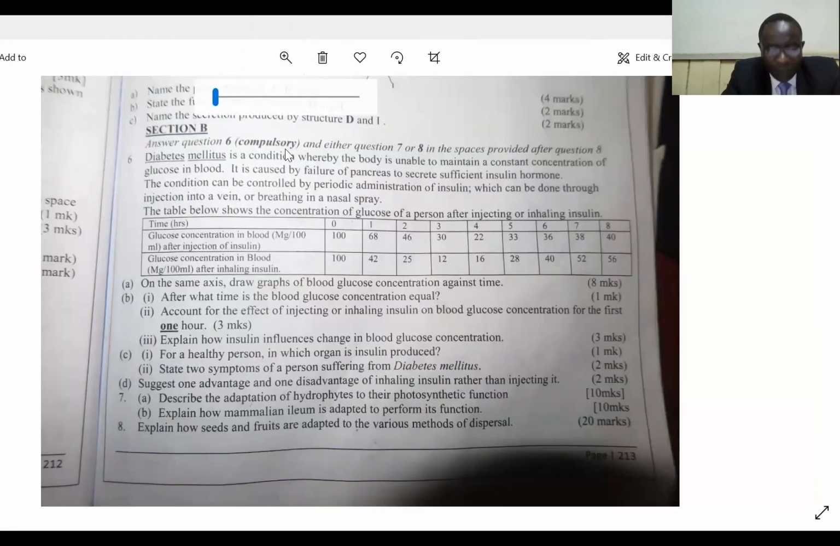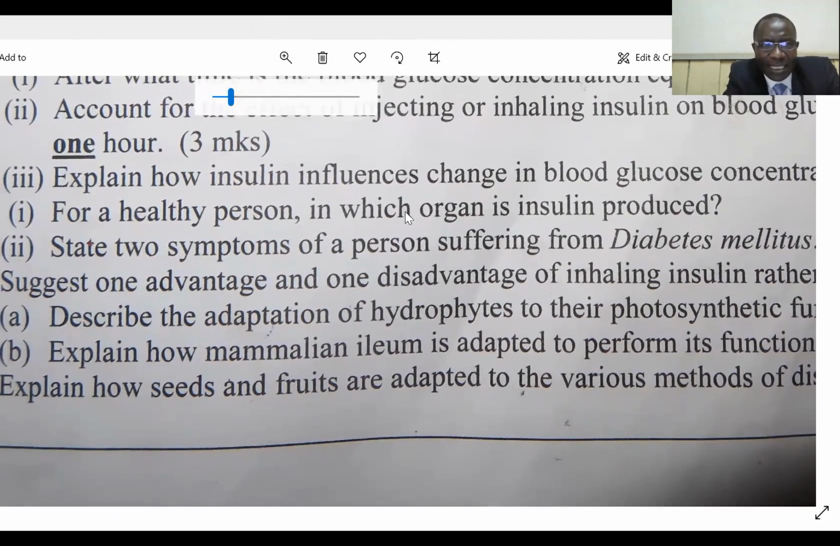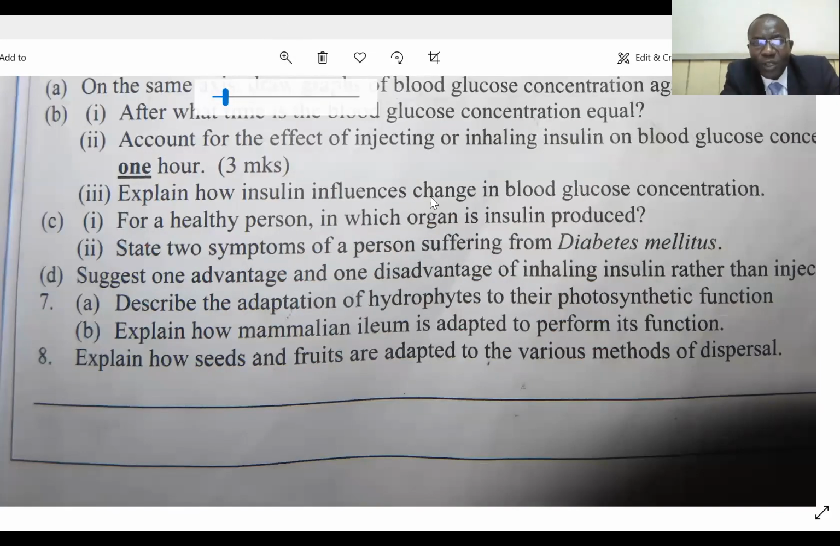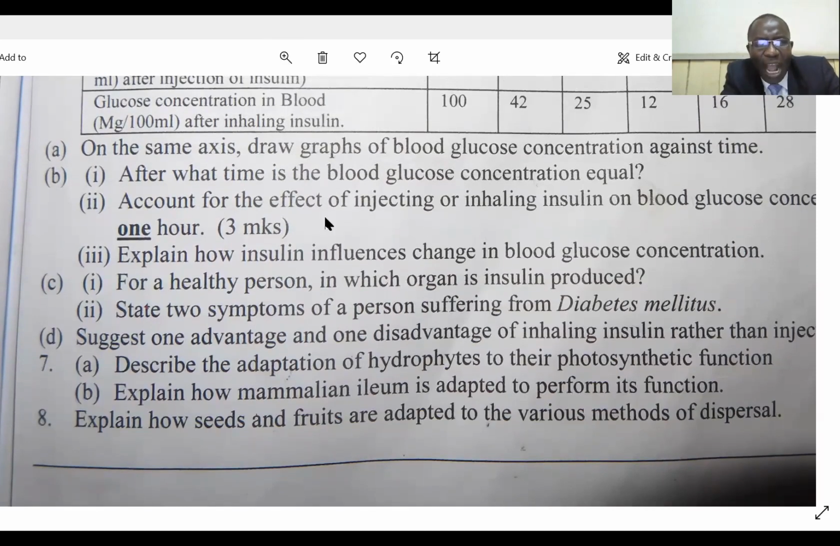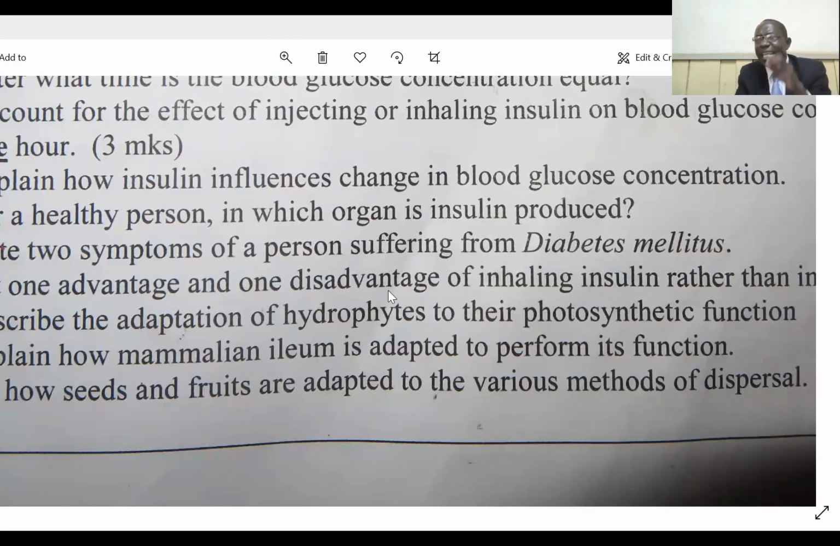Another question, which is very much important for me to discuss with you, is this. Explain how insulin influences change in blood glucose concentration. Now,